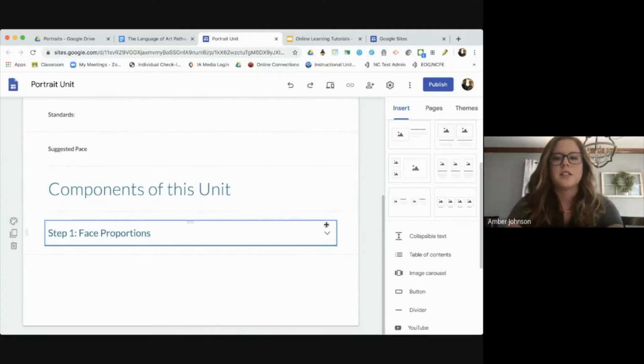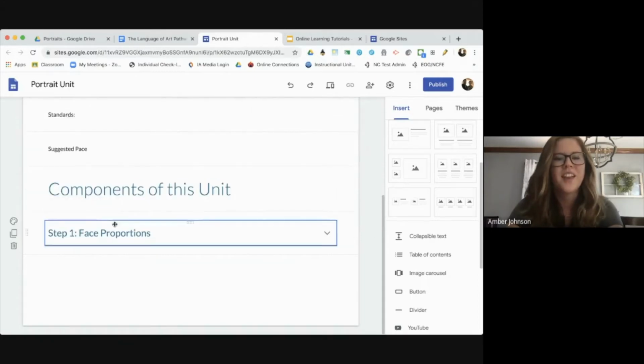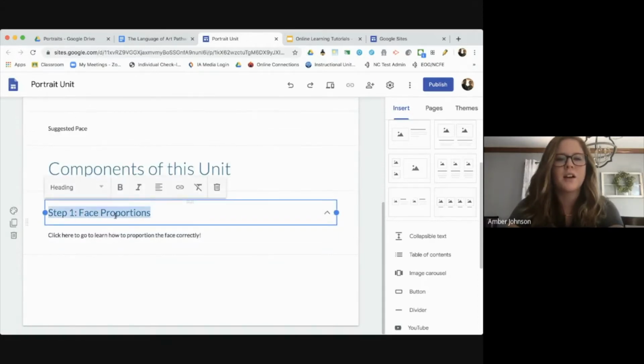So what they would actually see is this little drop down button, and they could click on it just to kind of see a little information about it. Oh my gosh, and now it's not going away. There we go. Also, what I can do from here is link to a new page, which is definitely what